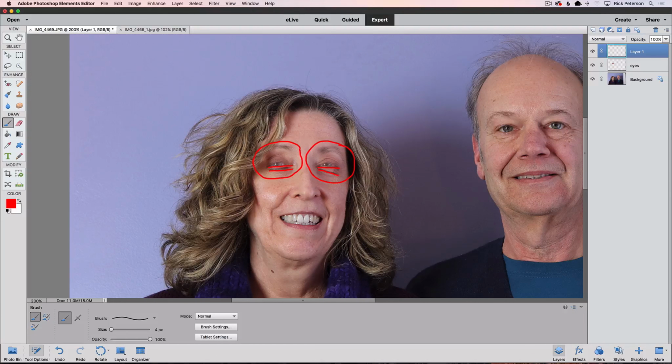So there's quite a difference between the eyes on the left and the eyes on the right. The reason for that is probably that Linda tilted her head slightly between these two shots. And we can use the Move tool to rotate the layer of the open eyes to match the closed eyes a little better. This is why I wanted you to turn on the Show Bounding Box option for the Move